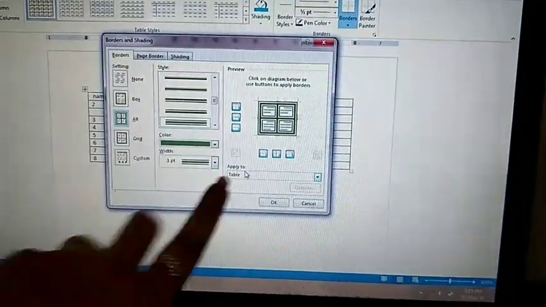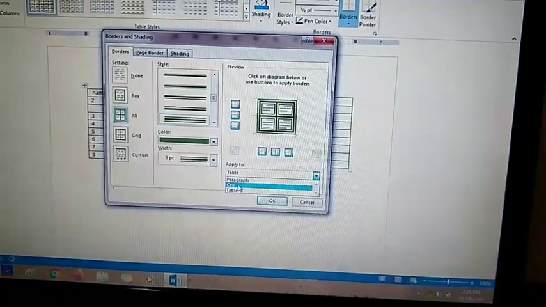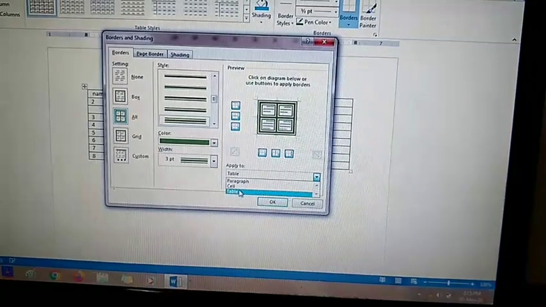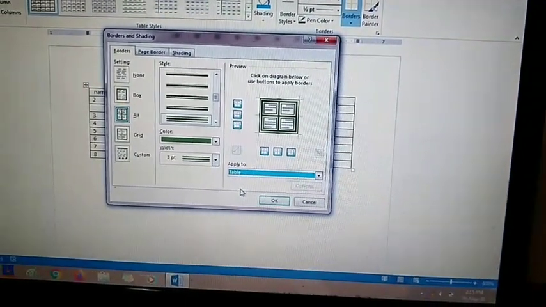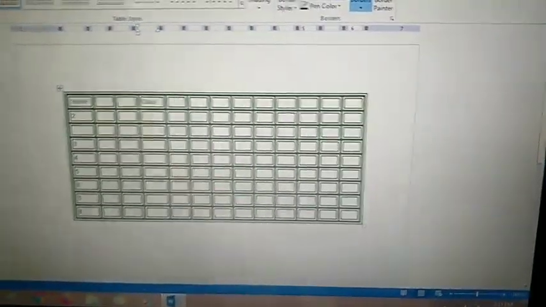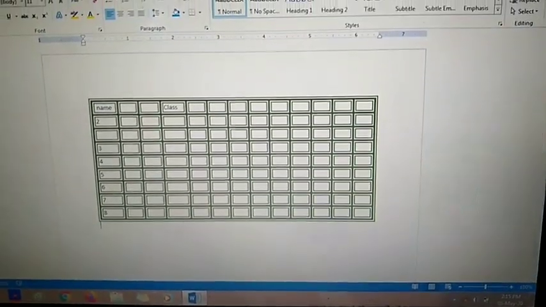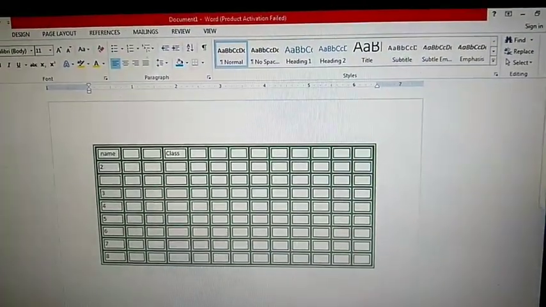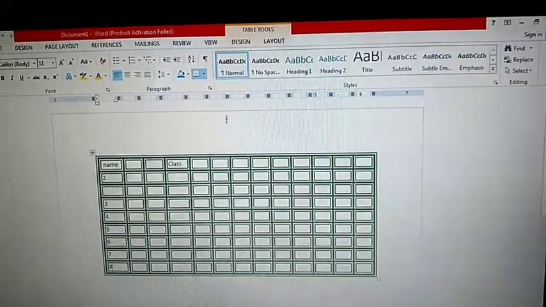You are applying only to the table, so options are given like table, cell or paragraph. You want to apply to the whole table, so click on the table option and click on OK. So this will apply the border to your whole table. Like this you can apply borders to the table.